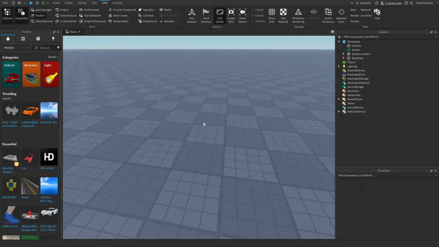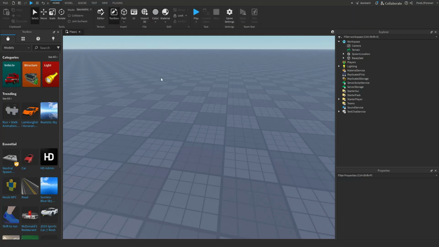So I would like to show you how to make photography. I'm gonna make it as simple as possible, so just in case you have never used Roblox Studio before, I'm gonna try and help you with it because it can be super simple. So let's make a photograph of our character in a sunset in a field. How about that? Okay, so the first thing you want to do is